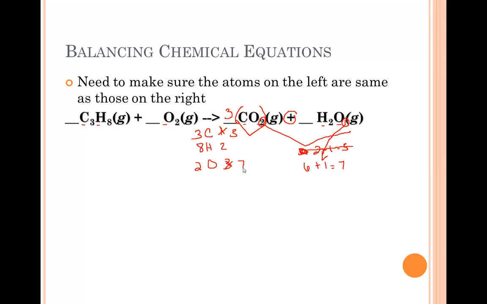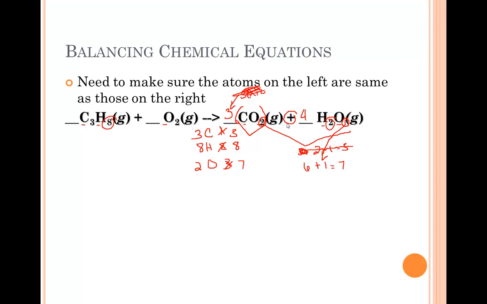Notice I put the number in the front. Think of it as algebra, as if we're saying 3 times x plus 2, and we distribute it. This is being distributed to both elements. Alright, so let's look at hydrogen. We have 8 hydrogen on the left. We only have 2 on the right. We can multiply this by 4 to make this into an 8, because 4 times 2 is 8, but that